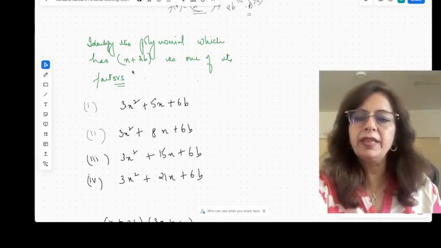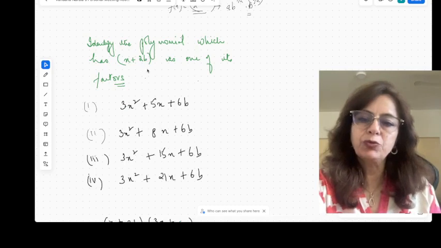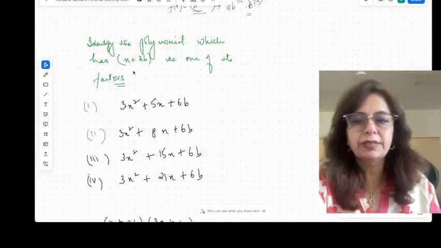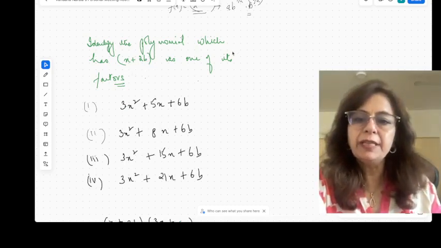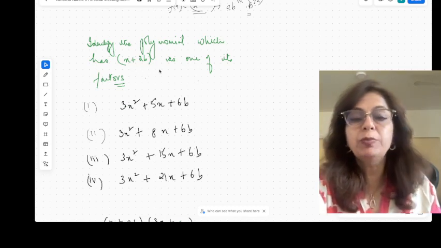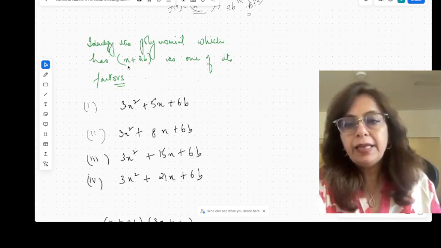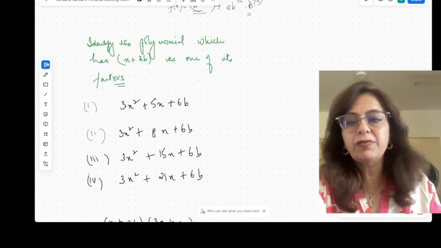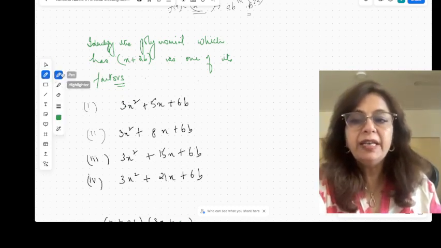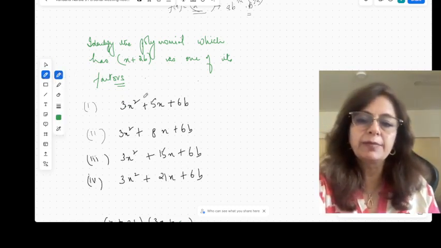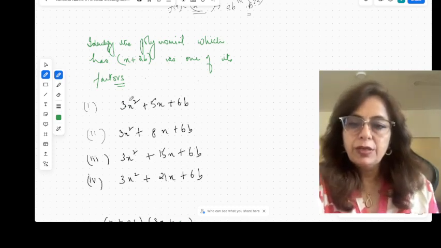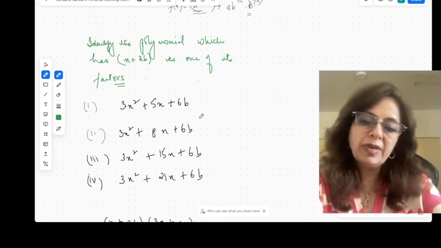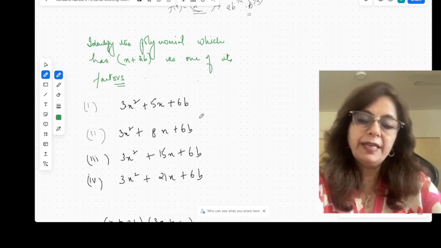Let's take a quick look at these questions here from Passport to Advanced Maths with a lot of unknowns. Here they've asked you to identify the polynomial which has x plus 2b as one of its factors. Now, if x plus 2b is one of the factors, we need to use the reverse of middle term splitting. When we talk about reverse of middle term splitting, we need to identify the other factor